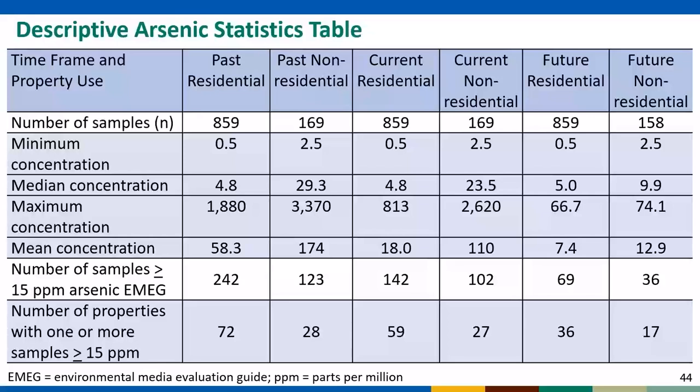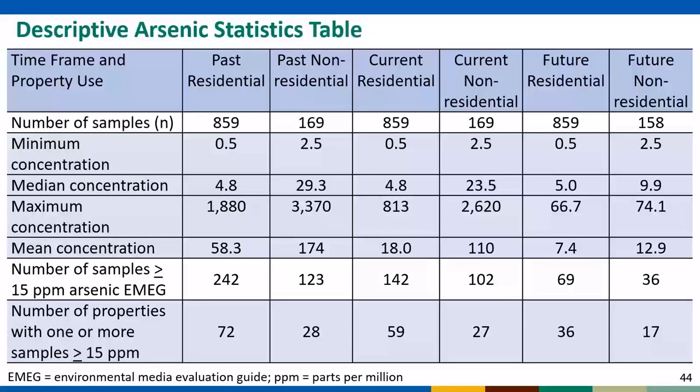The complete data set for each scenario for each property was provided in an appendix because each of these properties was considered its own individual exposure unit. I found that providing tables like this one and giving an overall understanding of the screening data when you have hundreds of exposure units is a nice way to show what's going on in the community-wide. The statistics, such as the minimum, the maximum, and the mean, can show people how often data go above